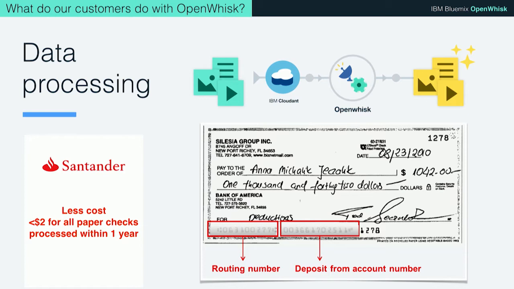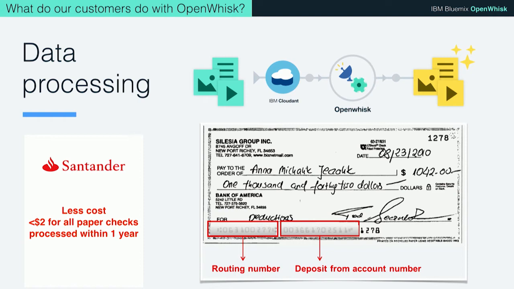And of course, if you think about that problem, there's actually a very non-linear load to check processing. Most people get their paychecks on Fridays, and on Friday they submit their check and they want their money so that they can go do fun stuff on the weekend. So they see a tremendous spike in check processing on Fridays compared to the rest of the week. And so they said, hey, this is a perfect scenario for serverless. We have a very event-oriented workload. I receive a new check, and I have a very inconsistent workload profile